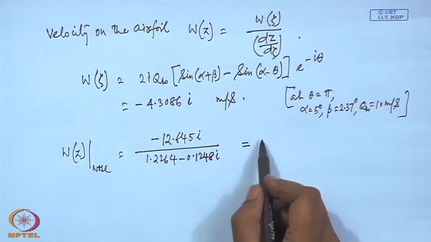The streamlines will change, but the magnitude of the free stream velocity will not change. This has come to be